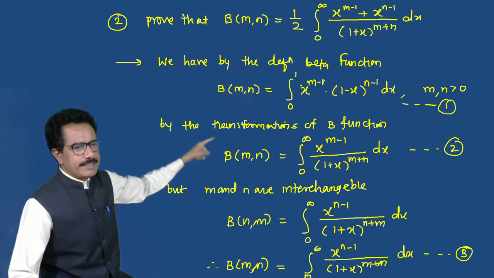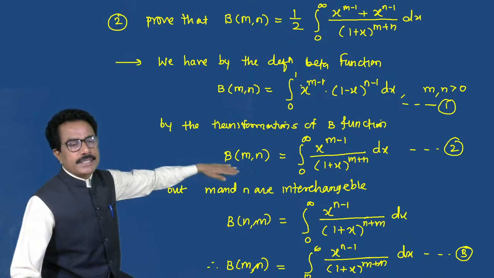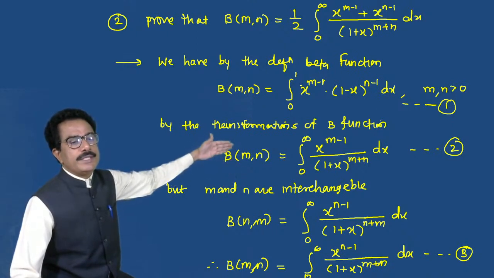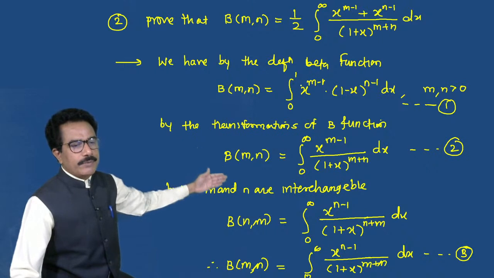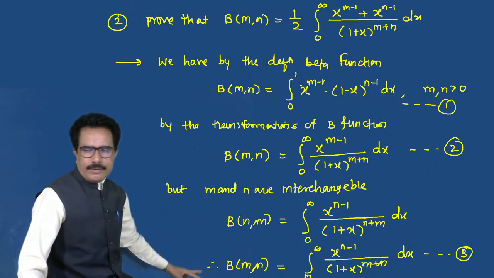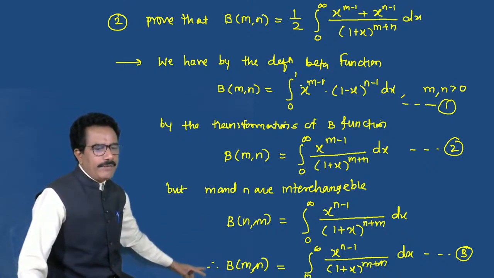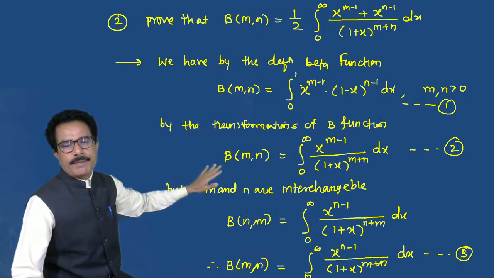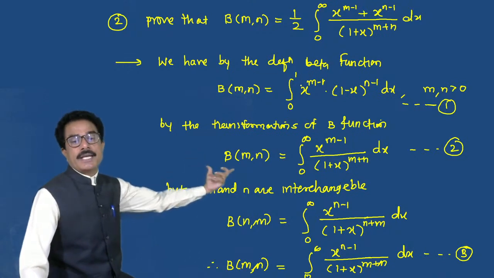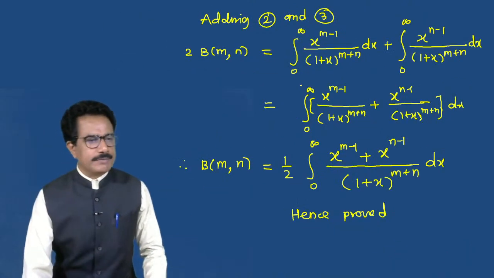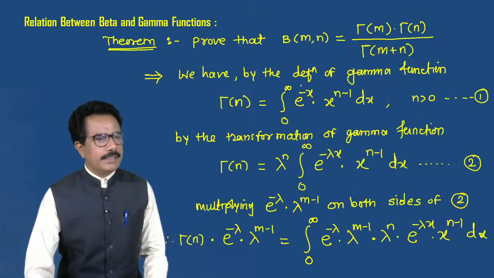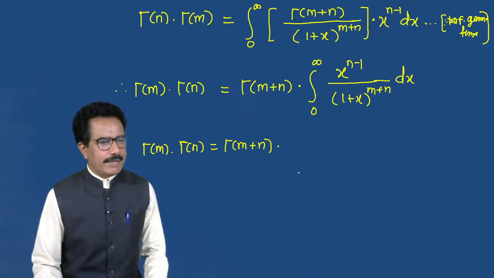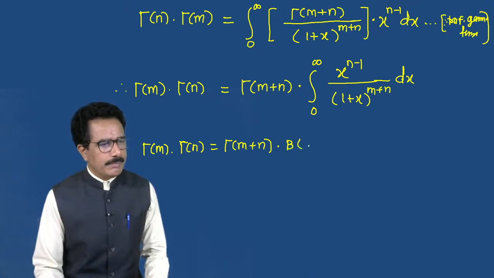You know that. We can write this also as, see this, integral from 0 to infinity x raised to m minus 1 divided by 1 plus x raised to m plus n dx, which is beta of m comma n. What else can we write for this? Beta of m comma n. So very nice, very good. So we have to convert this as a beta function, beta of m comma n,